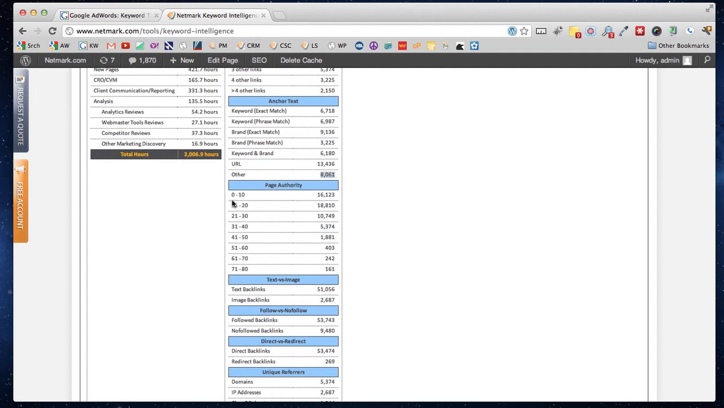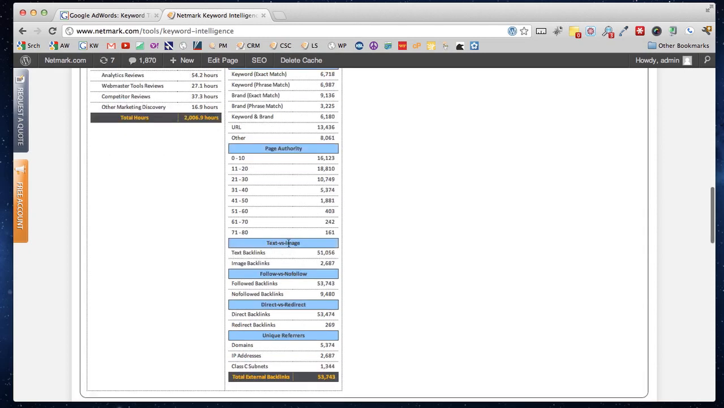Okay, now we're going to jump down to page authority. We start at 0 all the way to 80 on SEO Moz's page authority scale. Here's the distribution of links from this level of importance. We stop at 80 because it's very uncommon to get a link from a page that has a page authority of greater than 80. Text versus image links, here's the distribution, the number of text backlinks, the number of image backlinks,